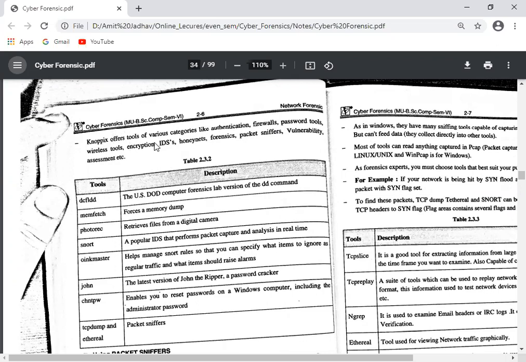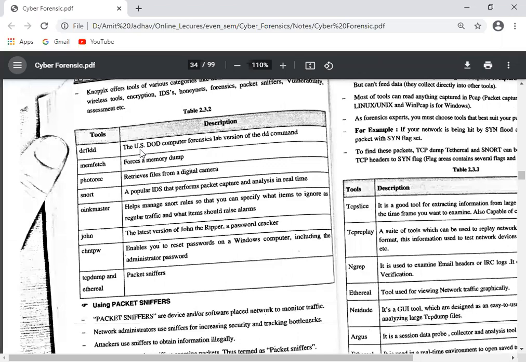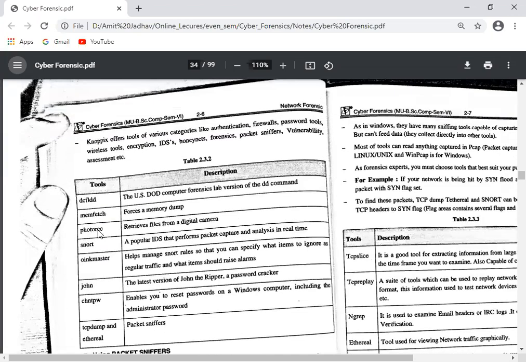So we can use one tool for performing different operations like encryption, packet sniffing, checking vulnerability, checking authority, checking authentication, checking firewall settings, password tools, wireless tools, and encryption. All of this we can do using the Knoppix tool. Knoppix offers different tools to perform different operations.